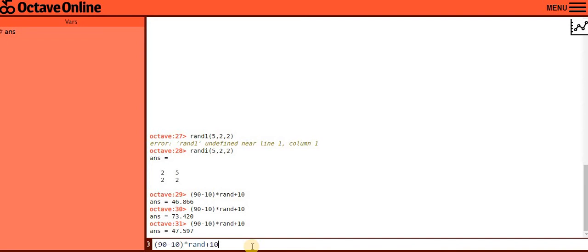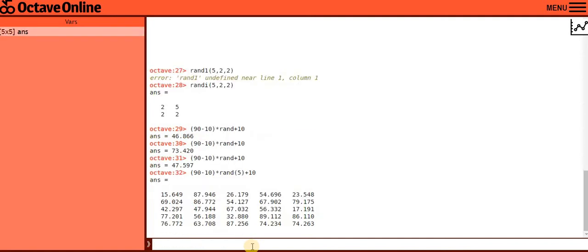So now the scenario is the same. What if I want to create a matrix of numbers ranging between 10 and 90? Then what do I need to do in that case? If I write 5 over here, that means I'll be creating a 5 cross 5 matrix of numbers ranging between 10 and 90.